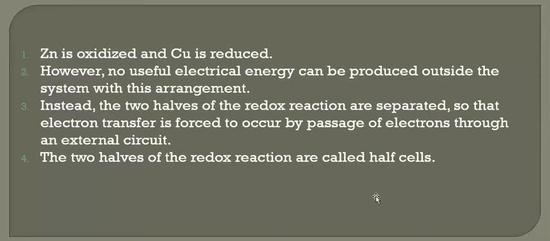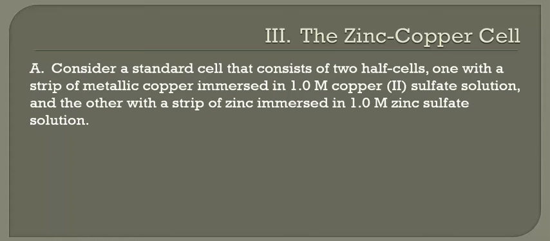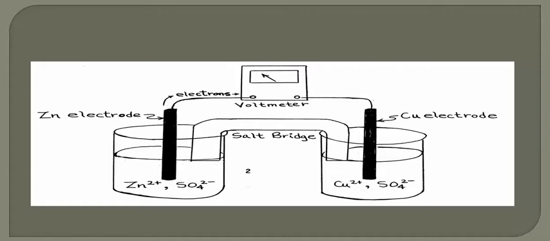We call these two halves half cells. So consider a standard cell that consists of two half cells, one with a strip of copper immersed in copper sulfate, and the other with a strip of zinc immersed in zinc sulfate. So we have our two half cells. We have our zinc electrode and our copper electrode immersed in their appropriate solutions. They're connected by a wire hooked up to a voltmeter, which measures the potential difference, and the solutions are connected